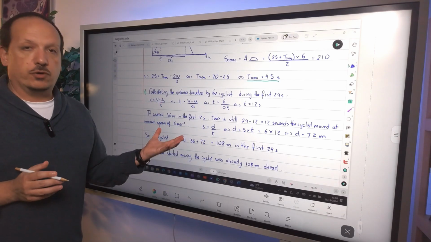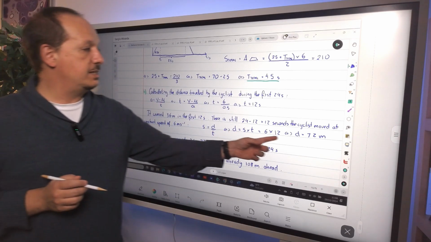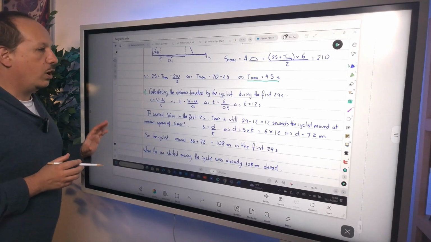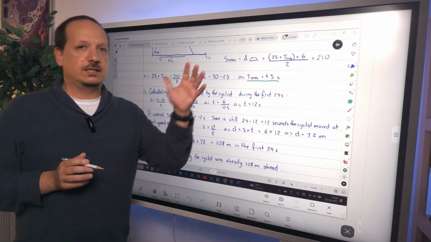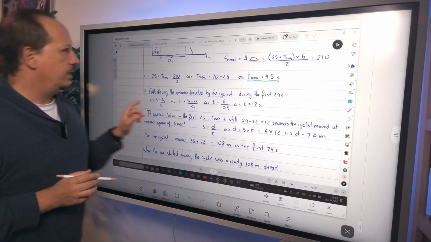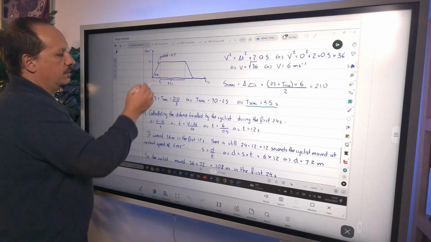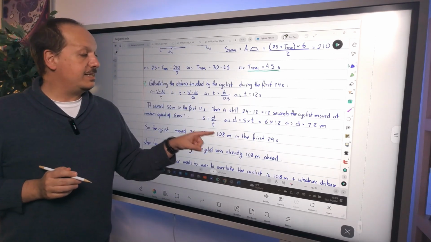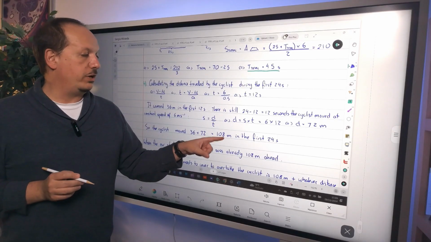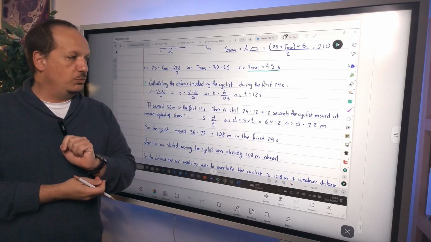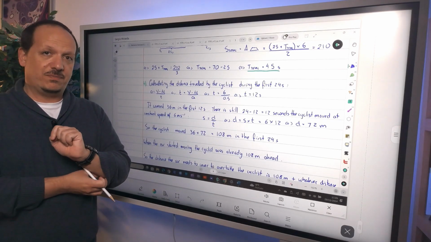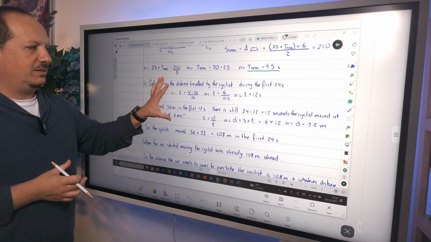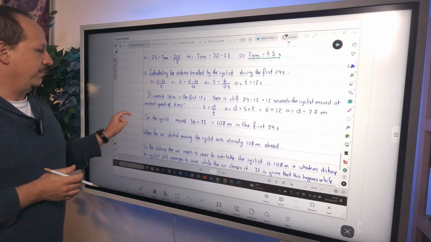You apply the formula for constant speed, solve it for the distance, and that is 72 meters. All right? So what is the total distance the cyclist is when the car starts moving? It's 36 plus 72. So the cyclist is already 108 meters away from the car when it starts moving. All right? Now that you know that,